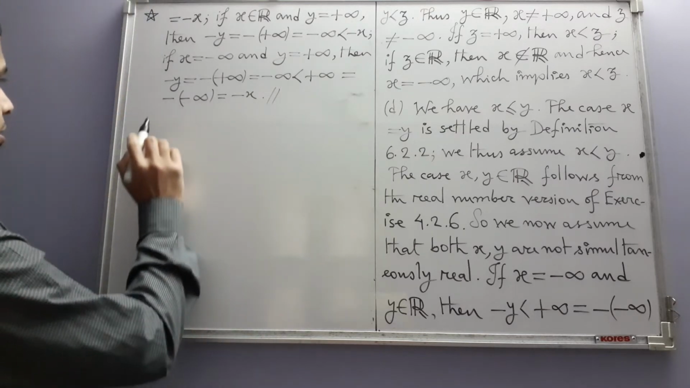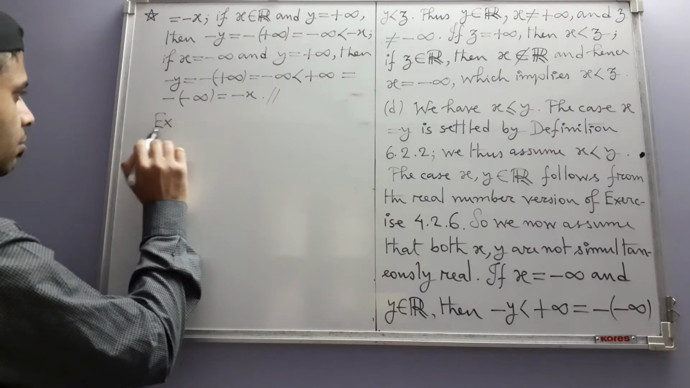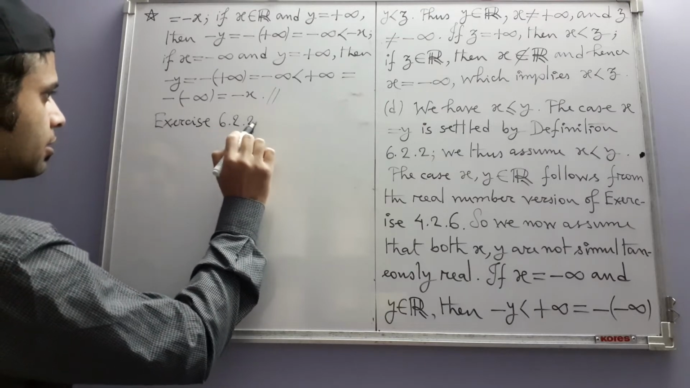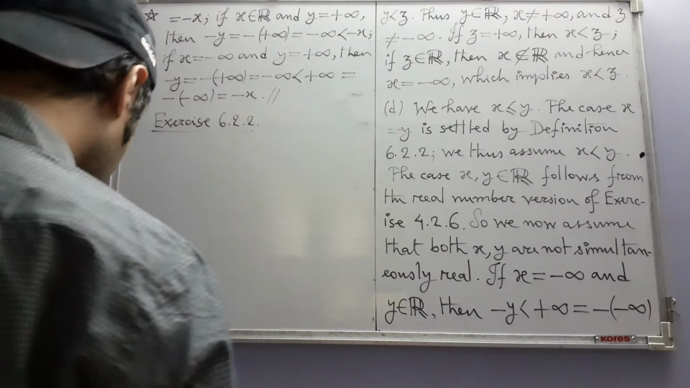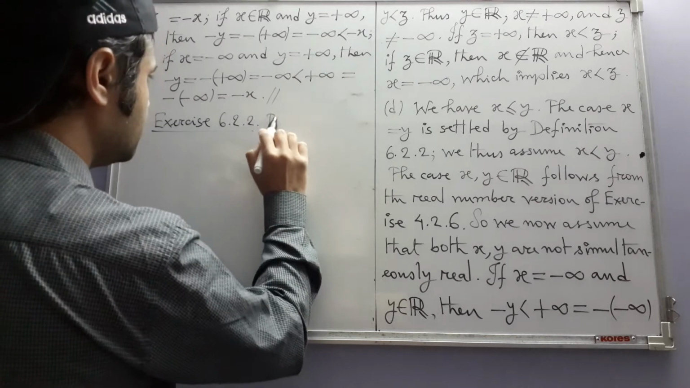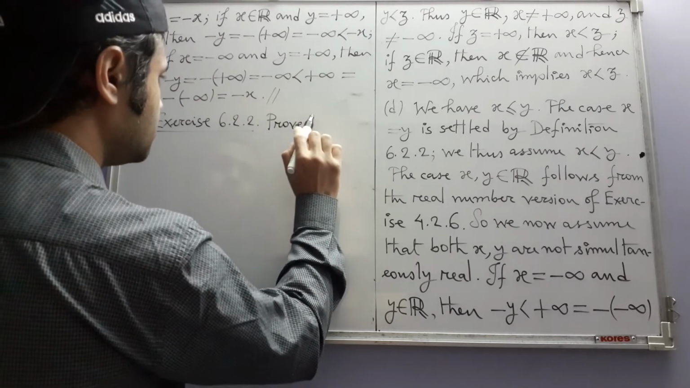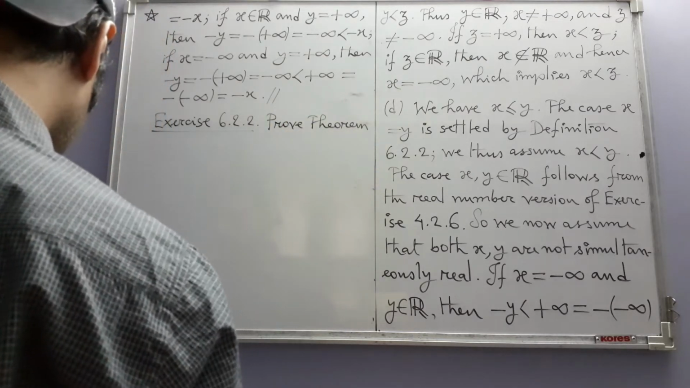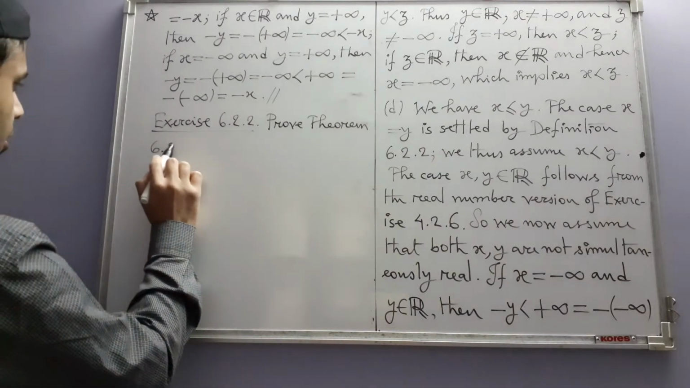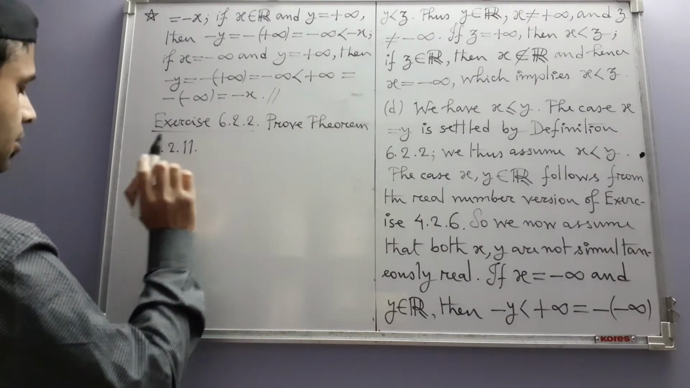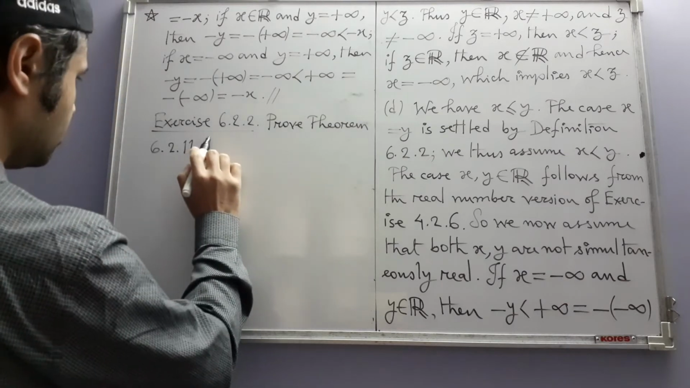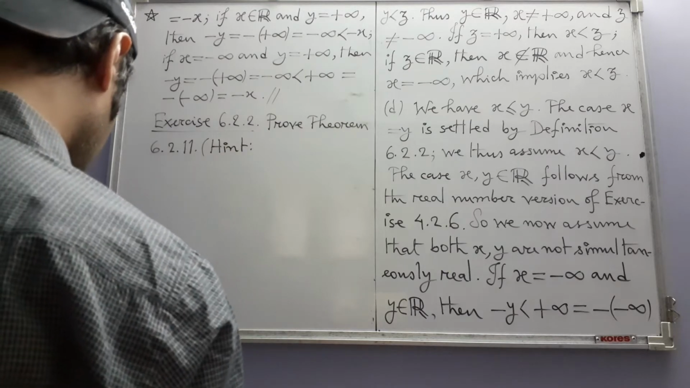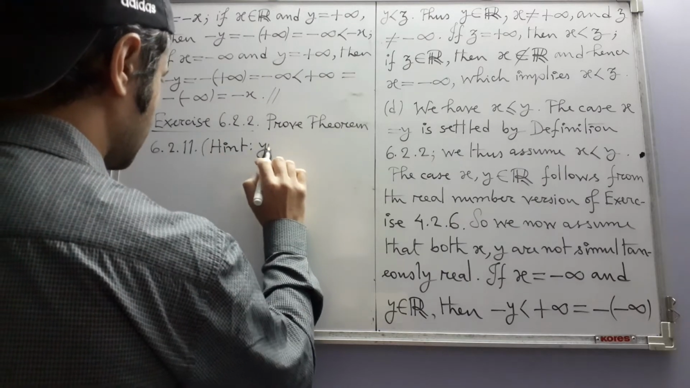Okay, now in this section there is only one more exercise, so we are now going to look at that. The second one, prove theorem 6.11. The power has gone. Hint: you may need to break into cases